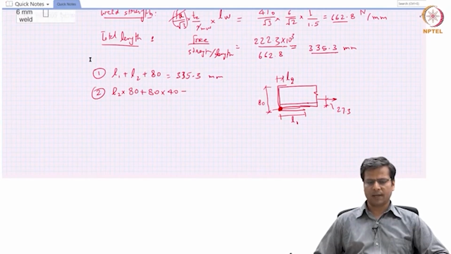That has to balance the total force of, how much is the external force? 222.3 multiplied by 27.3. So this is the total force, 222.3 kilonewton that is acting at a 27.3 millimeter distance from that point. Okay, and